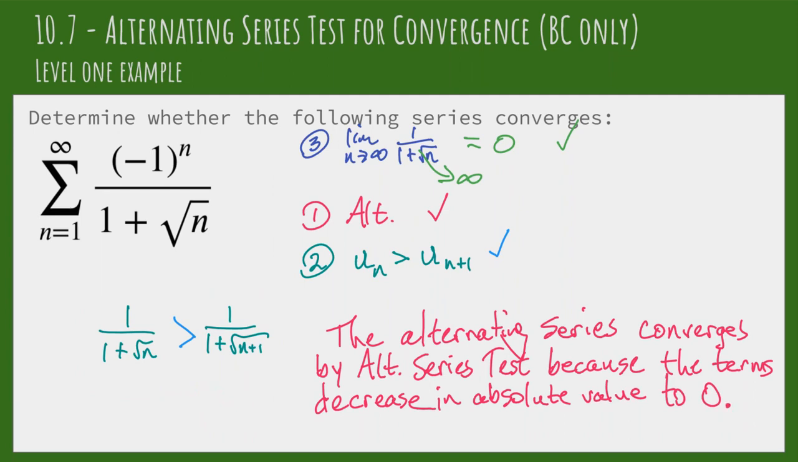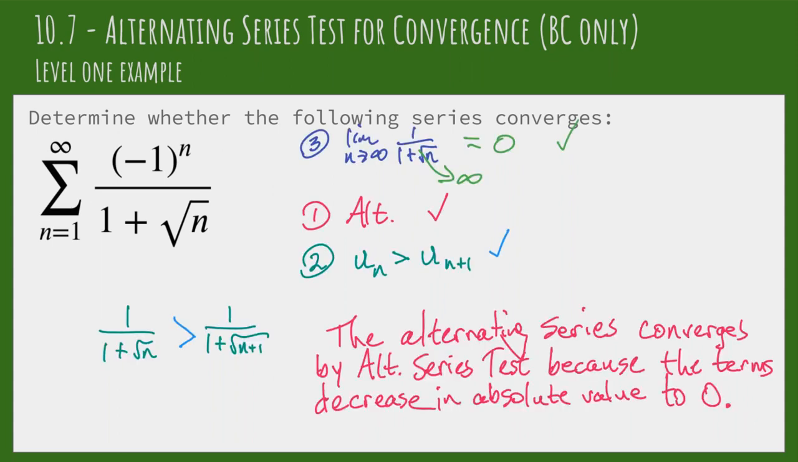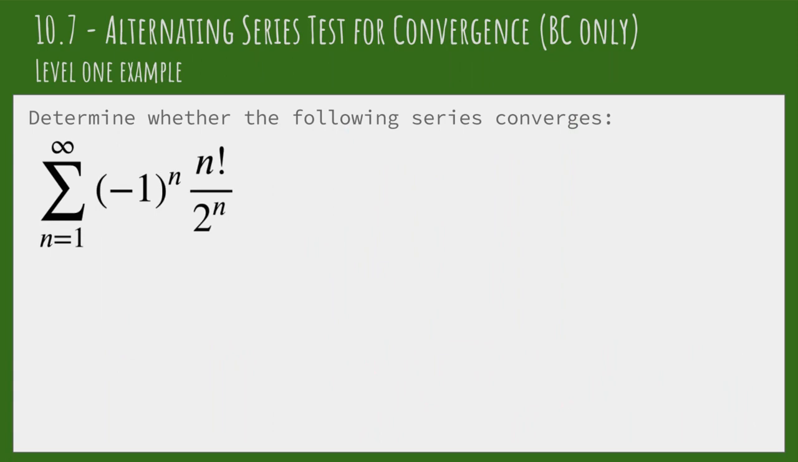So again, when we're using the alternating series test, we want to, one, say that we're using it, and we confirmed all 3 of the conditions that have to be true for the alternating series test to work. So in this example, I have the same example on here twice. So, okay. In this example,